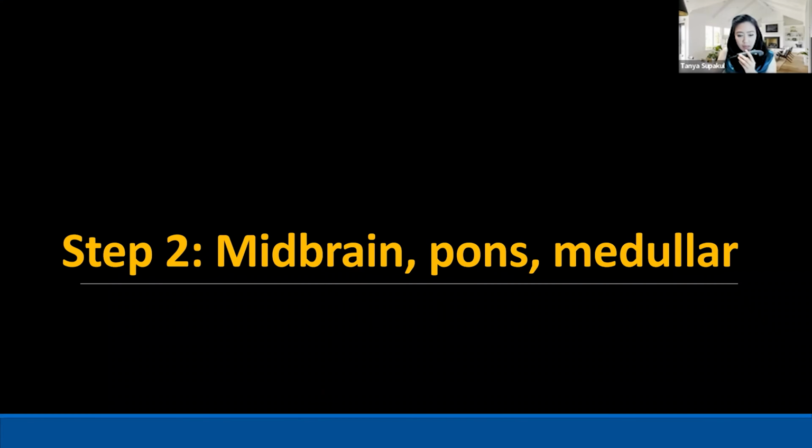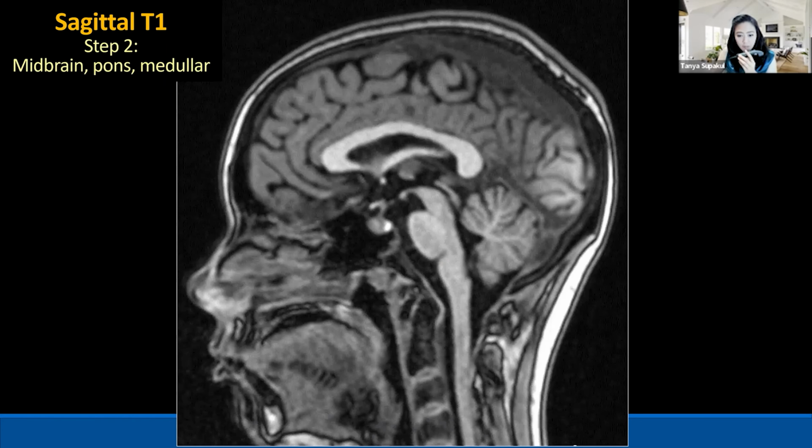The next one is the area that we call midbrain, pons, and medulla. There are a couple of anatomic points that I want to point out to you. This anatomy is very important for us. Whoever trained at IU radiology needs to know this structure that we call the obex. The obex is the opening of the central spinal canal. This is a passcode for neuroradiology. If you train with us, you need to know the obex from Dr. Wu.